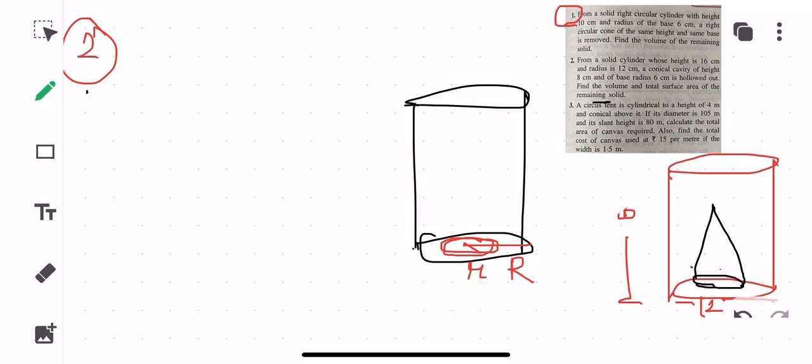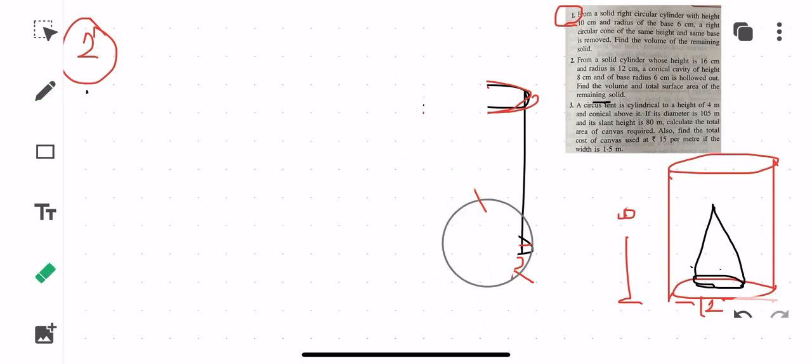So what you will be doing? You will be finding out the curved surface area of this particular cone. Then I'll be finding out the curved surface area of this particular cylinder. Then I'll be taking the area of the top, children, because this is acting as a circle, and this I'll be taking as the area of the concentric circle or the hollow cylinder. So these are the 4 things that you will be calculating, children. So first I'll be calculating what?